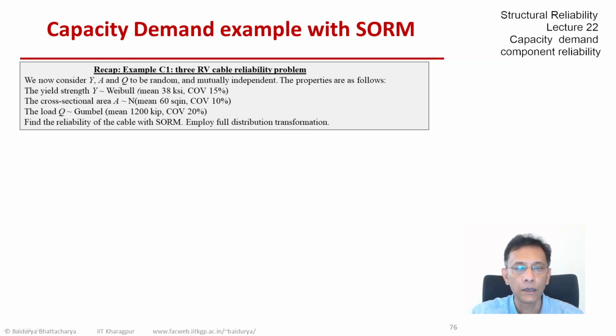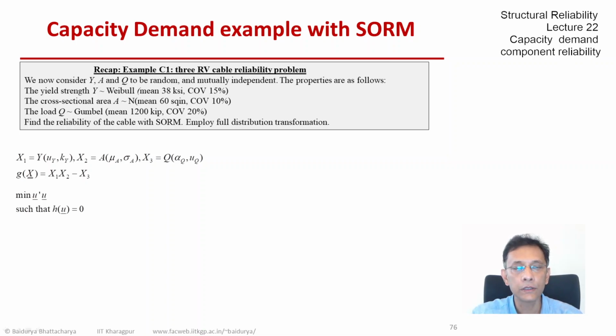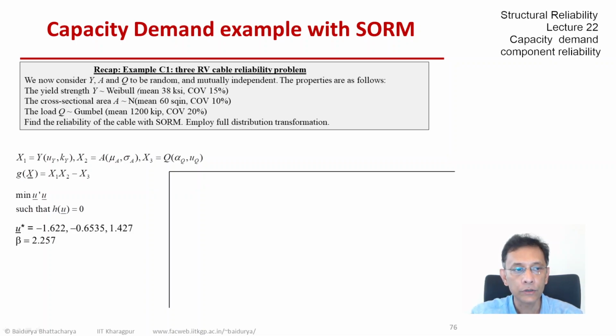transformation when we solve with FORM, and that's what we will do. We will solve the first few steps exactly as in FORM. So x1, x2, and x3 are defined as before. The limit state is x1, x2 minus x3, and we minimize the distance in the independent standard normal space U subject to h equals 0, h being the mapped limit state function, and we got the answer which is u